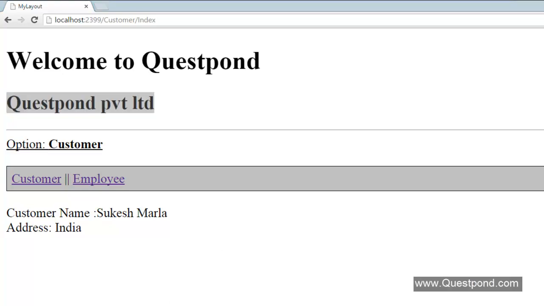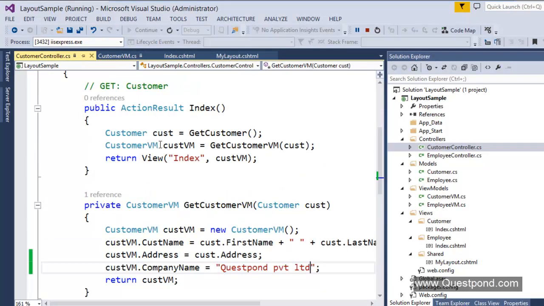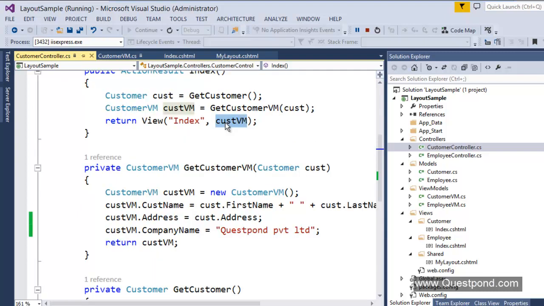Let's try to understand the process once again. We made request to index action, return index view, and when it return index view, it is passing this cust VM, that is customer VM instance. Cust VM contain customer name, address and company name, all three inside index view.